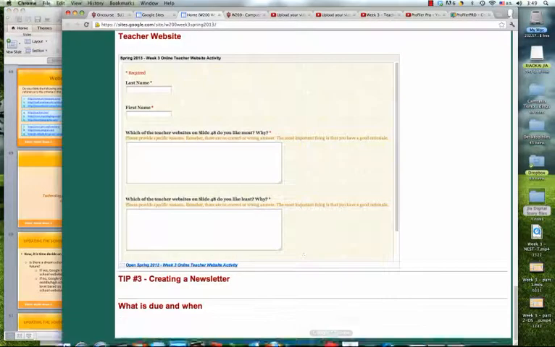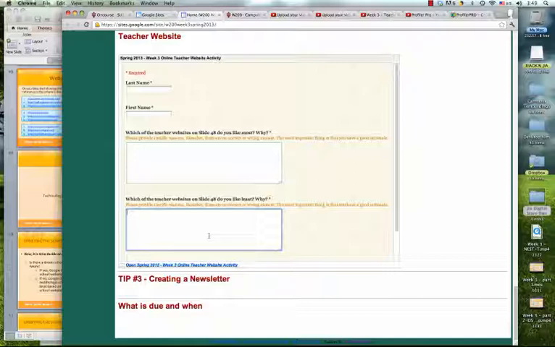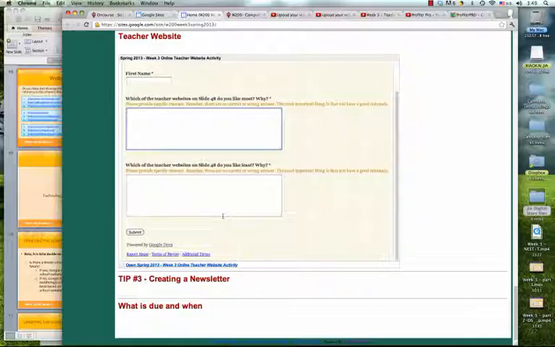All right. So on the website, there is one activity for you to fill out. This is about which of the websites on slide 48. There are nine websites here. So which one do you like most? Think about the standards we provided. Okay. So which one do you like least and why? For example, if you think it's too colorful, or there are broken links, just give me two or three reasons why you don't like this one. If you like it, also tell me why you like it. Okay. So one website is for each of the questions. Okay. So this is for the teacher website.